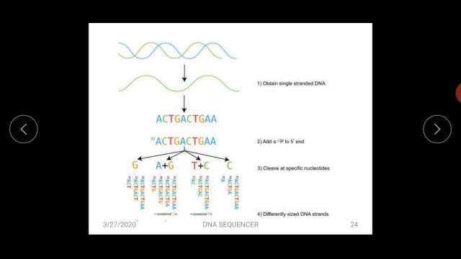So once we can have a look at the Maxam-Gilbert method in detail, there is a DNA strand. The single strand is obtained and further the phosphate-32 is added on the 5' end here, and there the chemical modification occurs at G, A plus G, T plus C and C, cleavage at specific nucleotides. And further, these DNA strands can be analyzed by autoradiography and gel electrophoresis, similar to the Sanger method.